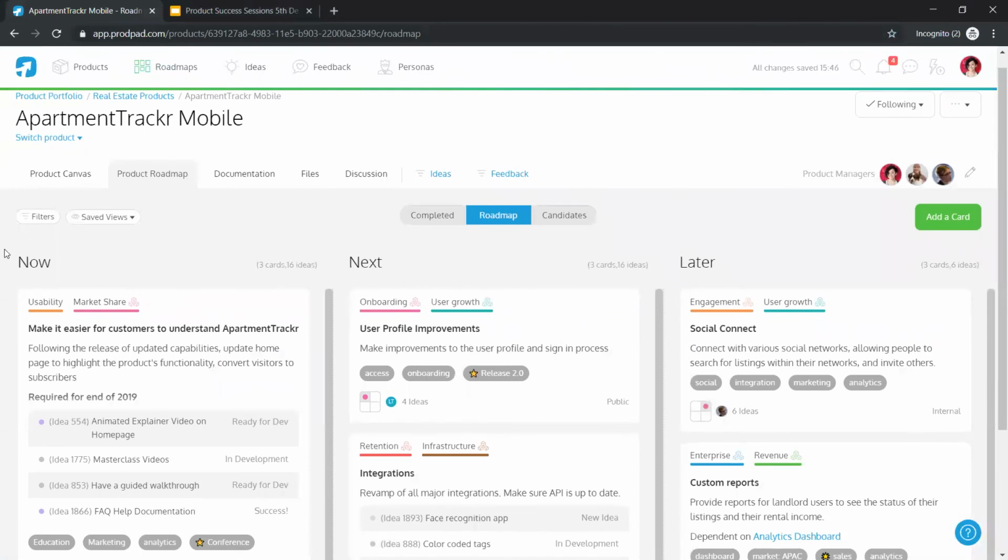They find it hard to differentiate ideas from roadmap cards and how they live together. That is a great question, and sometimes people do get a little bit confused. The way I like to explain it, I'm sure Emma's going to give her own feedback on this as well,